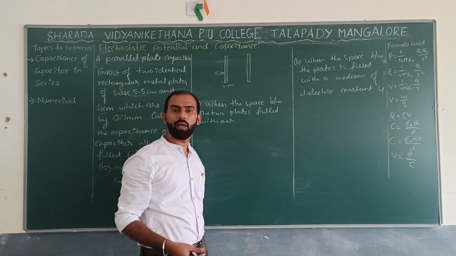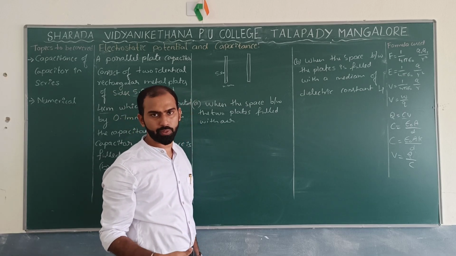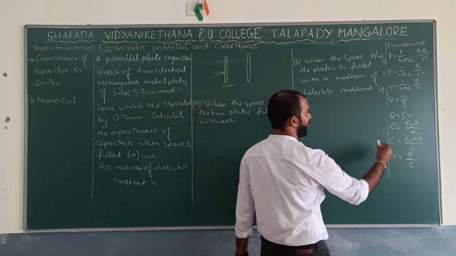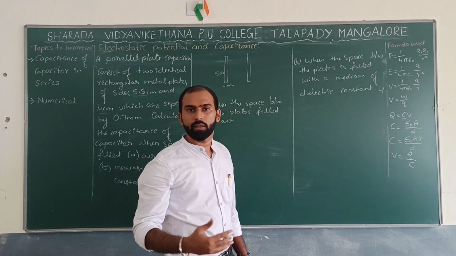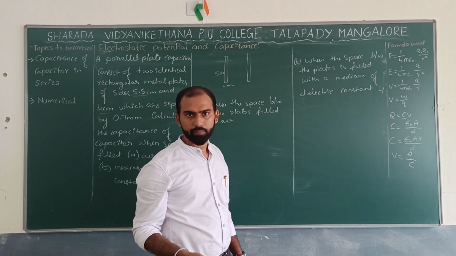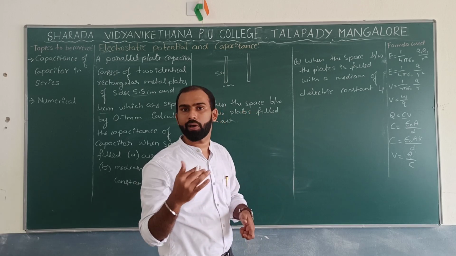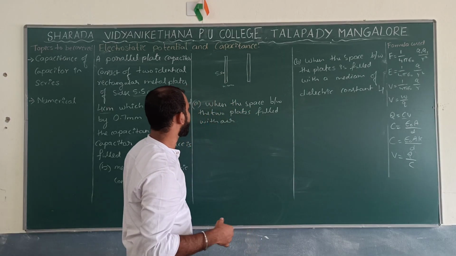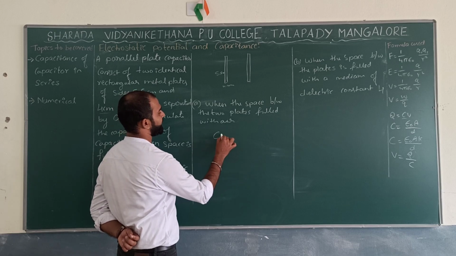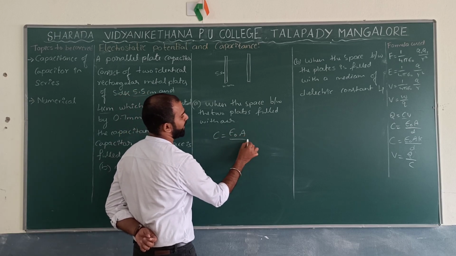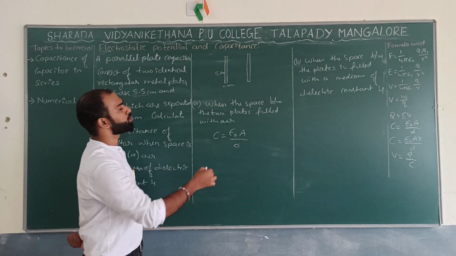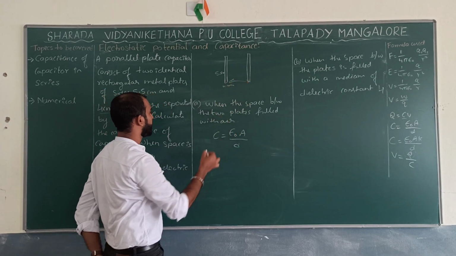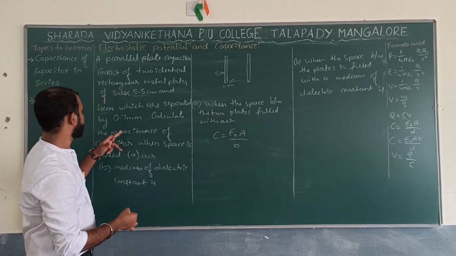So what is the formula we have for that? We have discussed it in the previous reading. This is the formula for the capacitance of a capacitor when it is filled with air or a vacuum. So the formula is C is equal to epsilon naught A divided by D. And the separation between the conductors they have given is how much? Separated by